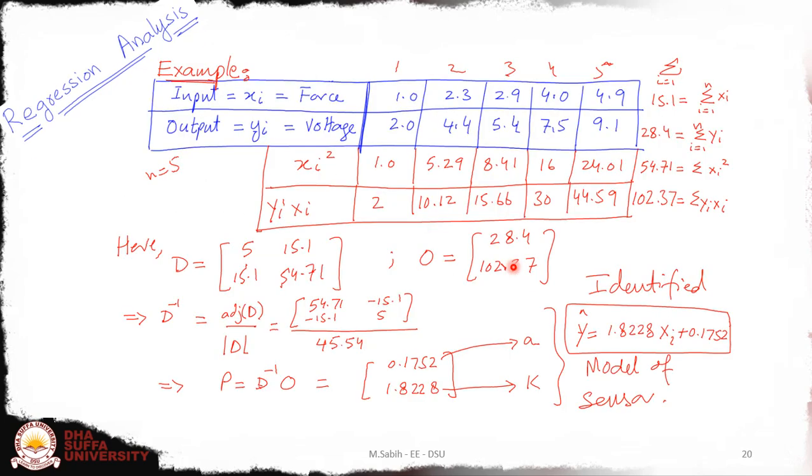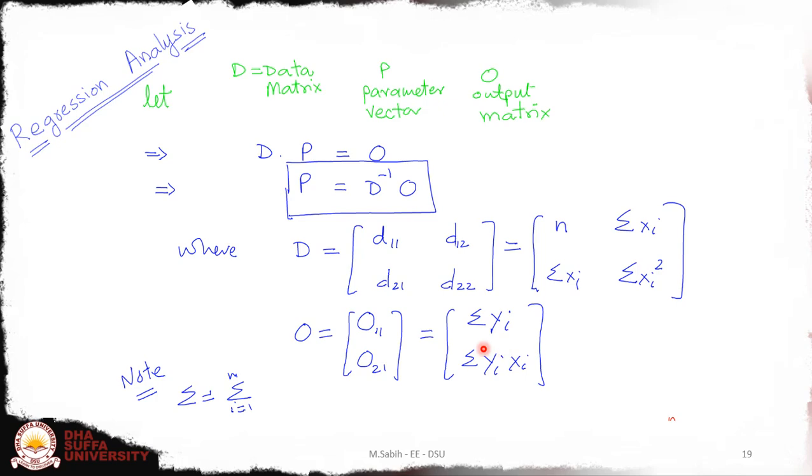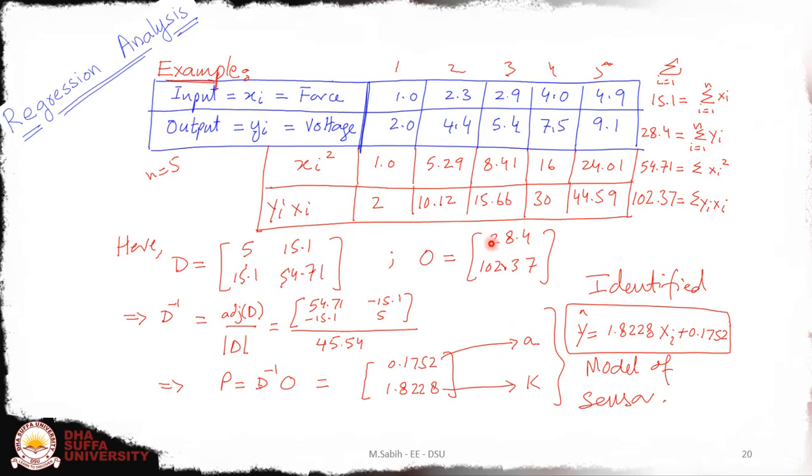The output is summation yi and summation yi xi. Summation yi is 28.4, which we calculated from here, and 102.37 from here. So we keep them here and multiply this with the inverse of this matrix. We will arrive at a being 0.1752 and k being 1.828. So these two are the best